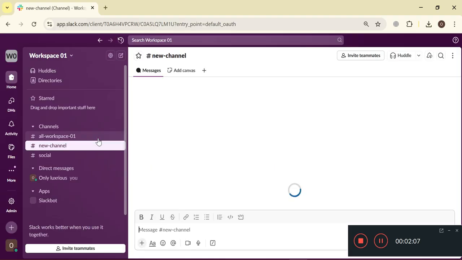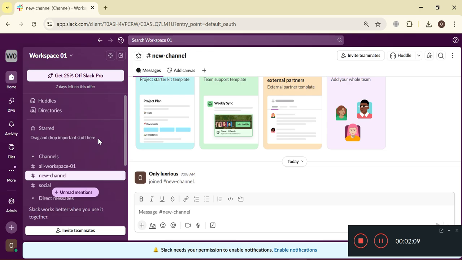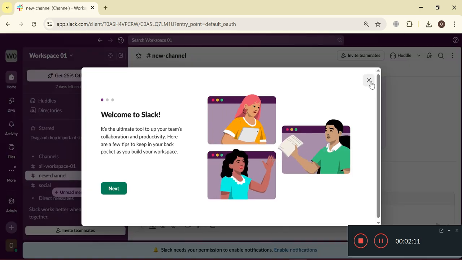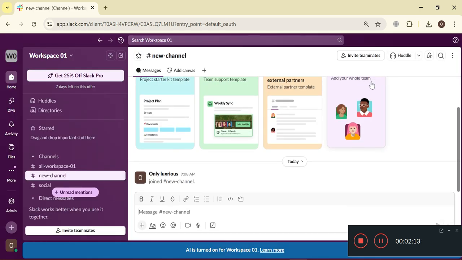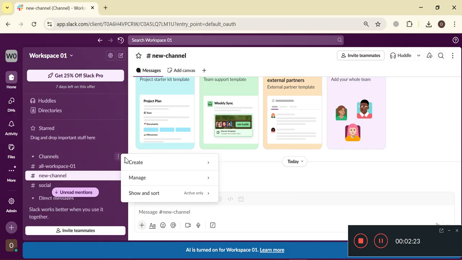As you can see, the features and the overall layout look exactly like Discord, where you can create your streams where people can join you, and you can create multiple channels. As you can see, there is already a newly created channel. If you want to create more channels, you can simply tap this button, and you can also add a section within your current channel.